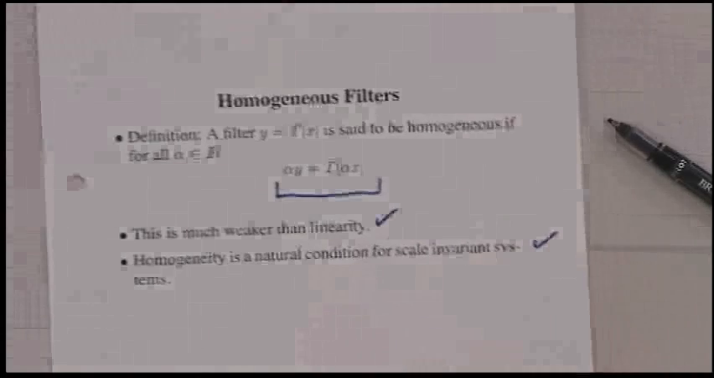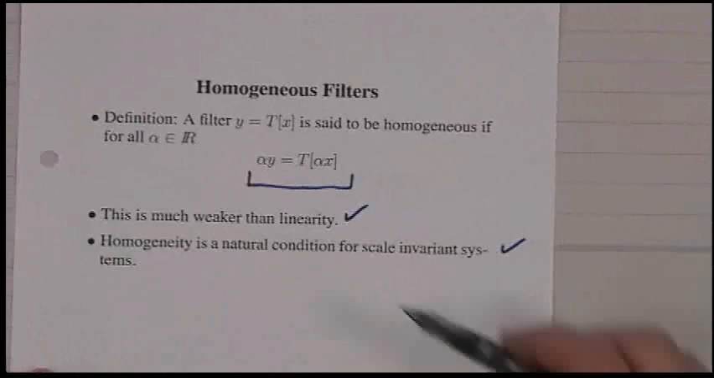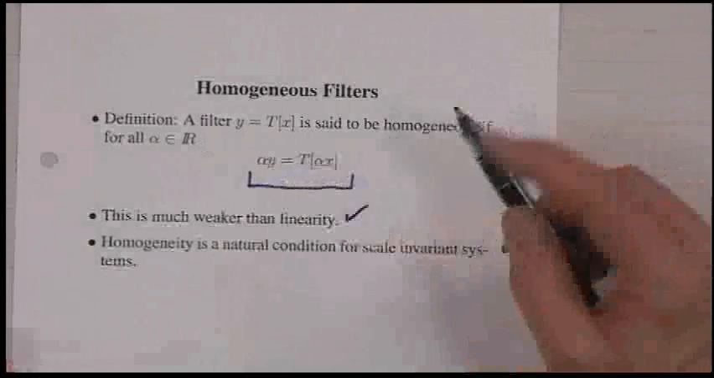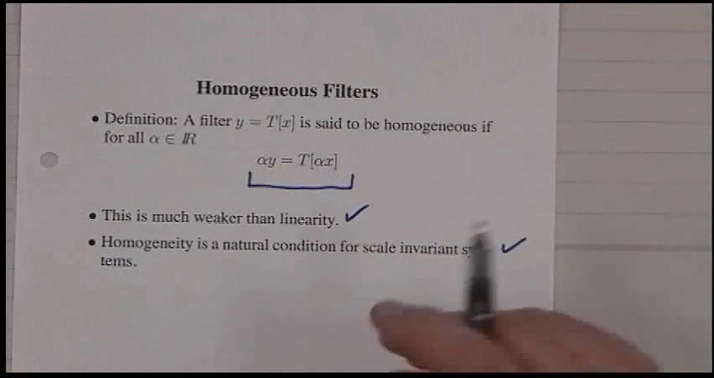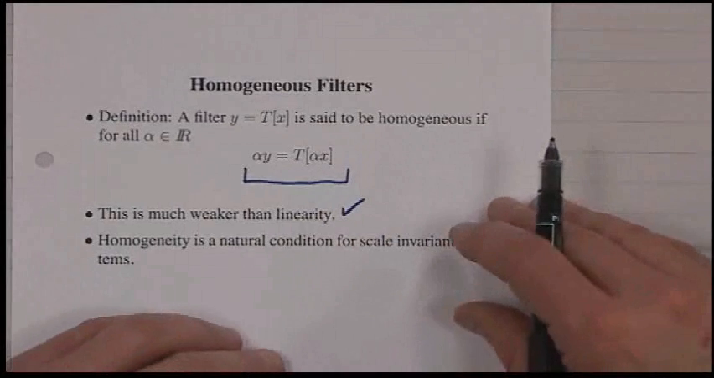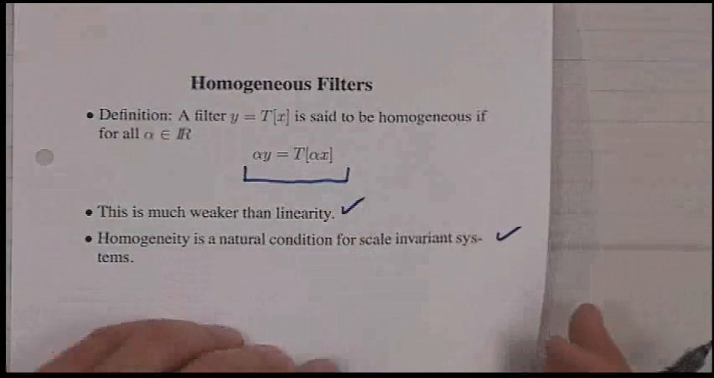So now a homogeneous filter is a weaker condition, which is that if you scale the input, the output scales. It's often useful to have this, that the image is scale invariant. Any nonlinear filter is scale invariant. So a simple nonlinear filter is the